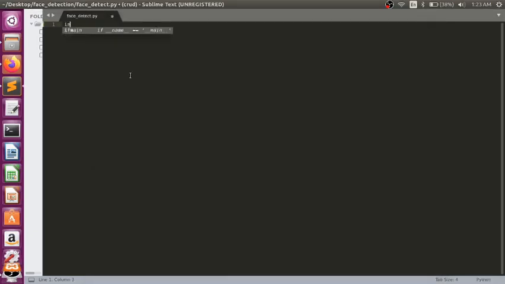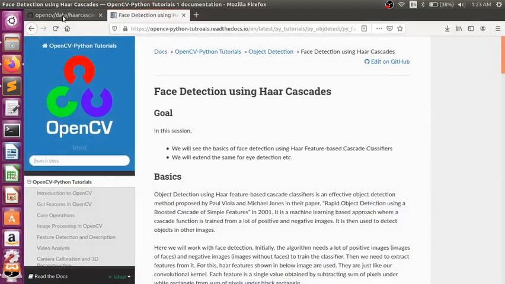First we need to import OpenCV. Now we need to import the Haar cascade classifier. So we need to go to this GitHub repository.